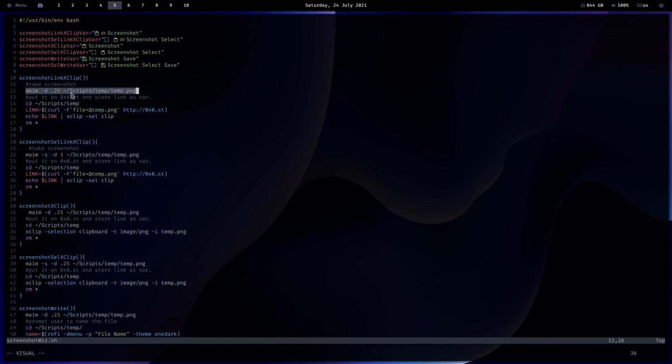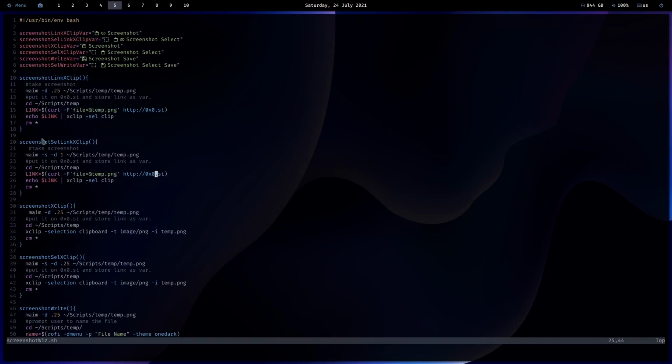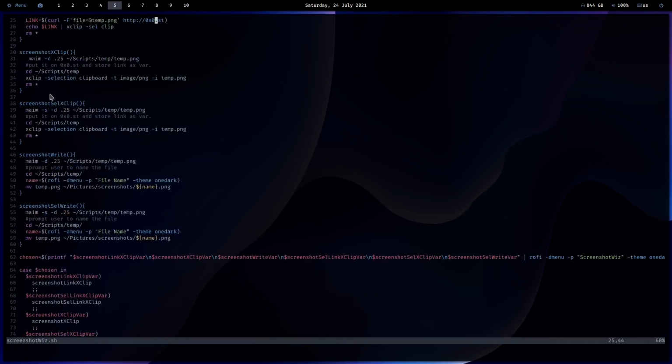I cd into my temporary file. I curl, and then I use this 0x0.st argument, and basically what this does is it puts it on this website on the server, and then it will copy the link to my clipboard, and then it will remove all of the files in the temporary folder, so it doesn't actually get saved to my system. And basically that's just one of the methods here, and then I have a bunch of them for all of the different